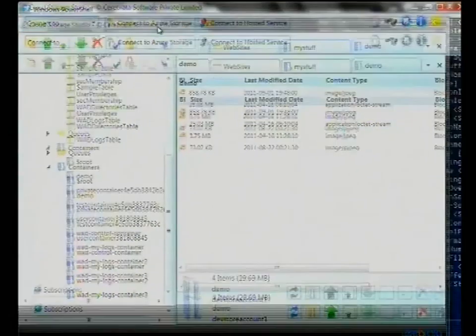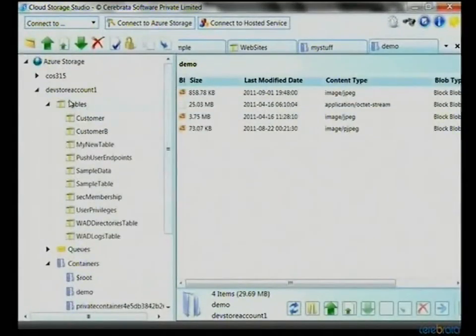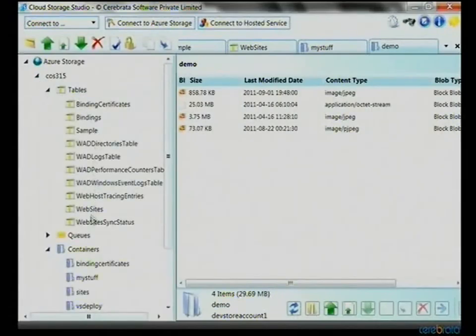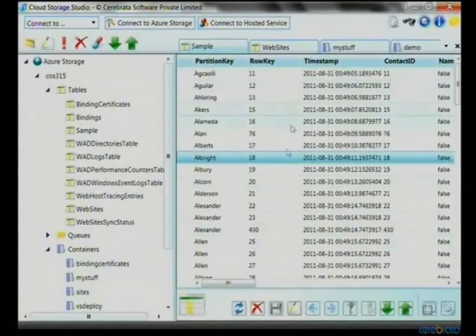I've got it running already. So it's quite easy to use. It's a WPF app, and with the 1024 by 768 resolution, it's a bit of a challenge to show a really good demo of it. But if I go into tables, click on sample, it actually shows all the data over here.